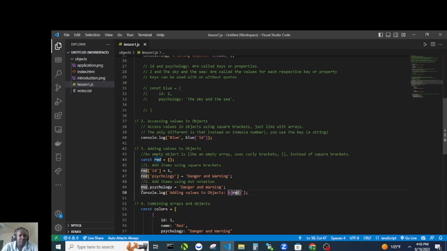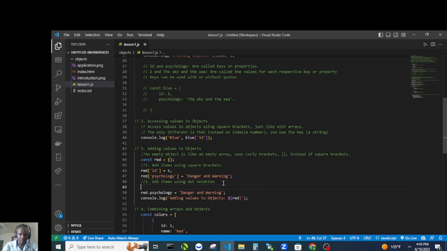So if we do this, I will bring this one here, this one here, and just show the difference between the dot notation and the square brackets. So now let's comment out this one,